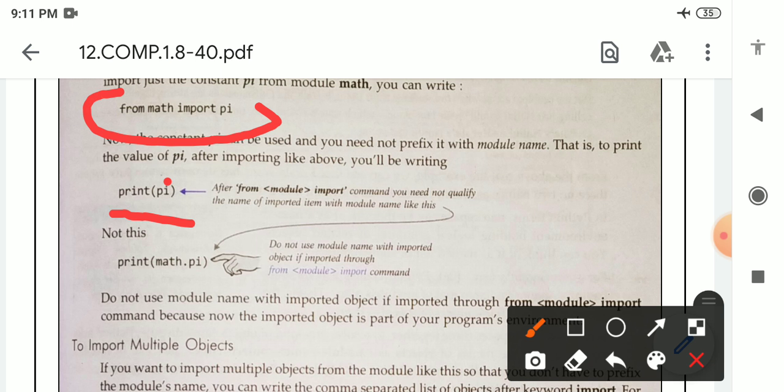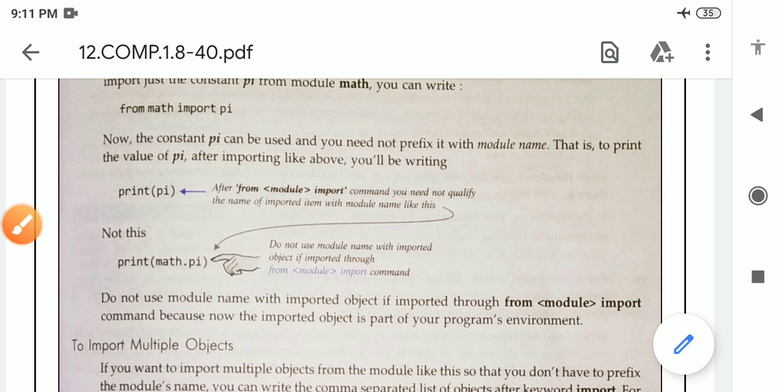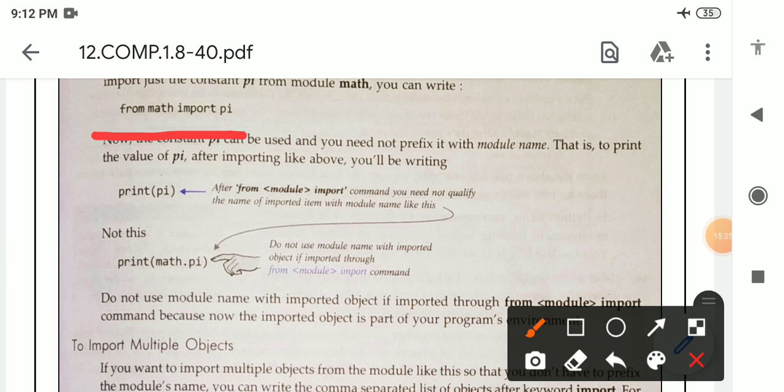But when we are importing the entire module, we have to write print math dot pi. When we use from, there is no need to write the module name inside print. But when we are not using from, we have to write the name of the module inside the print statement, when we are simply writing import module name.